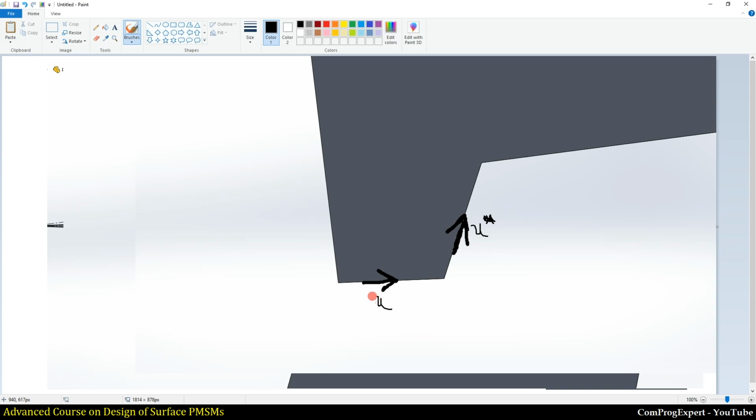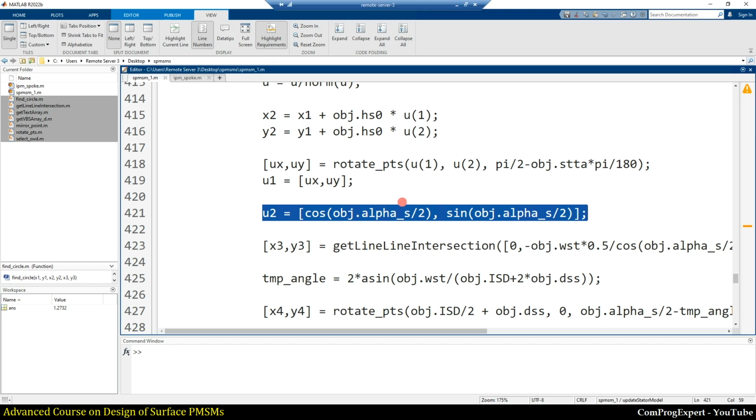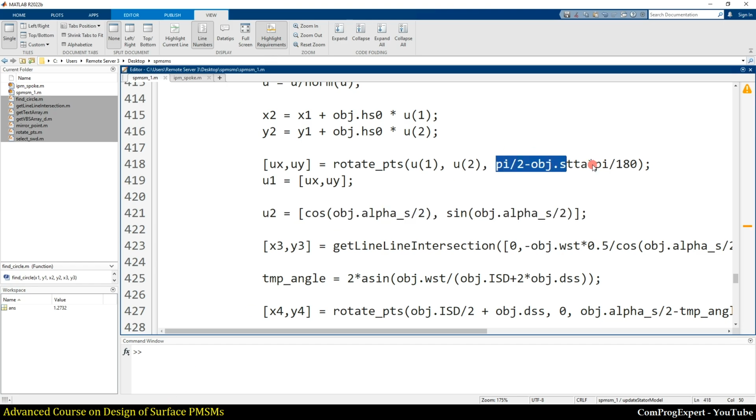How much we should rotate the u vector to have u star? We can calculate it considering the stator two-step angle. So the amount of rotation is pi divided by 2 minus the stator two-step angle.